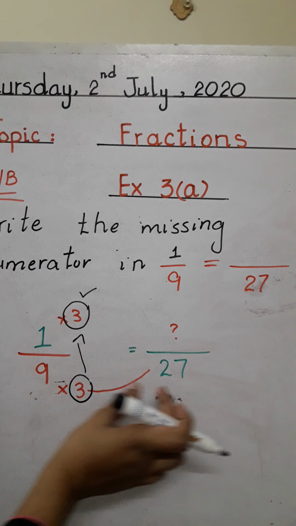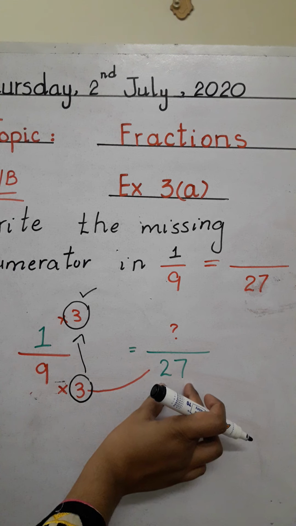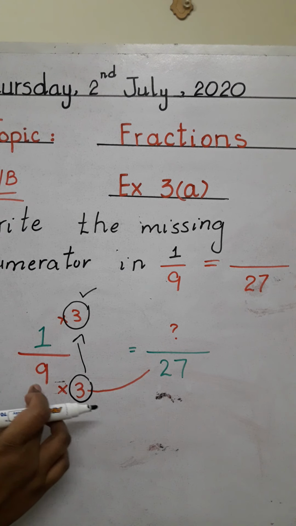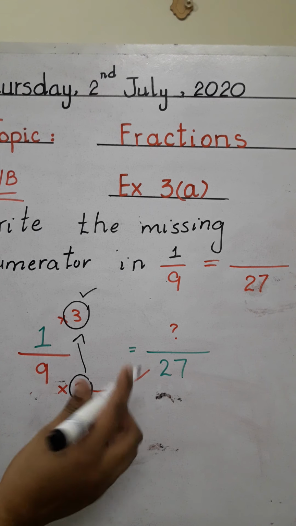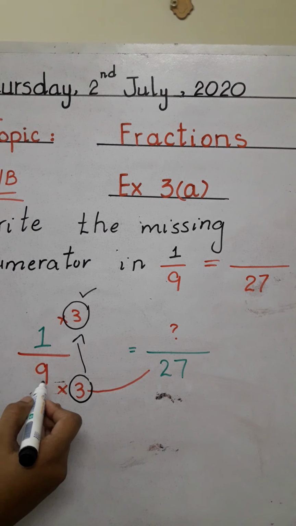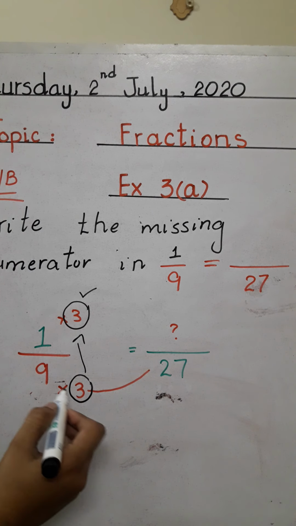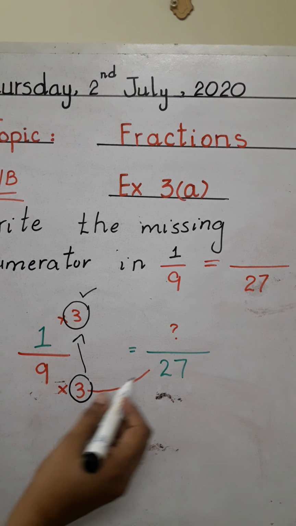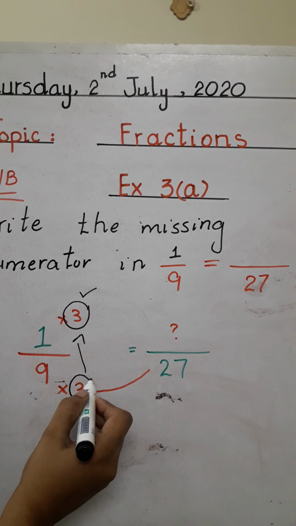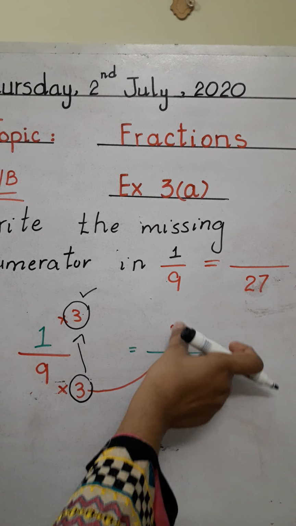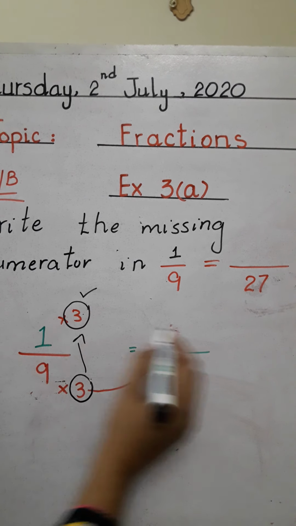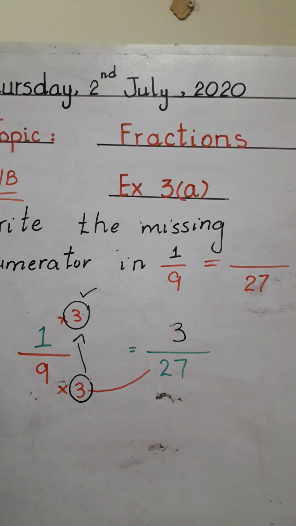But here, because they give us the answer 27, that's why we have to read the table, so that our answer is 27. So when we read the table of 9, 9 by 3, 9 times 3 is 27. So this factor will come to the top number also. Okay, so now here our answer is 3 times 1 is 3.